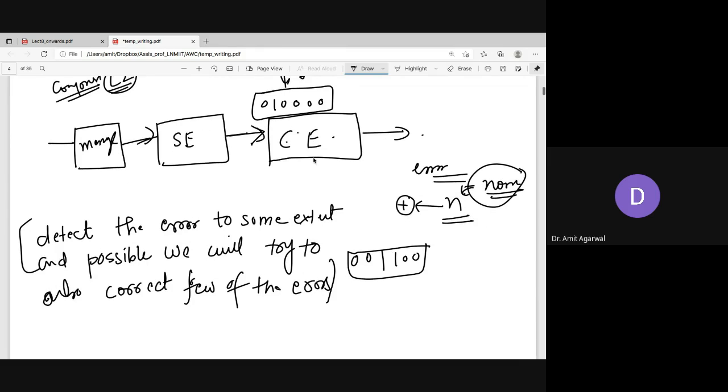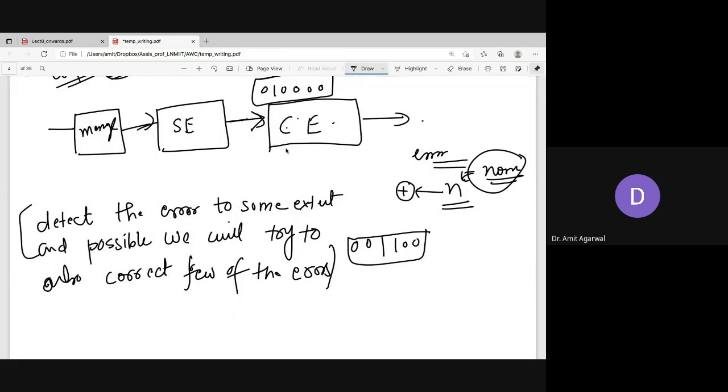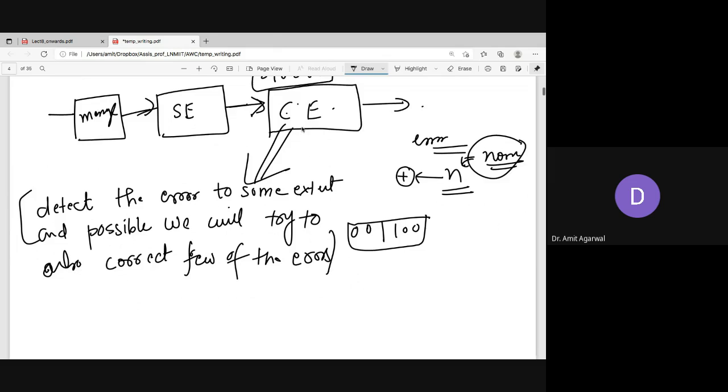So now you ask, okay, sir, you have told me that the channel encoder will do some magic. It will detect the errors and it will also try to correct the errors. But how would you do that? How are you going to implement that? So I would say, okay,